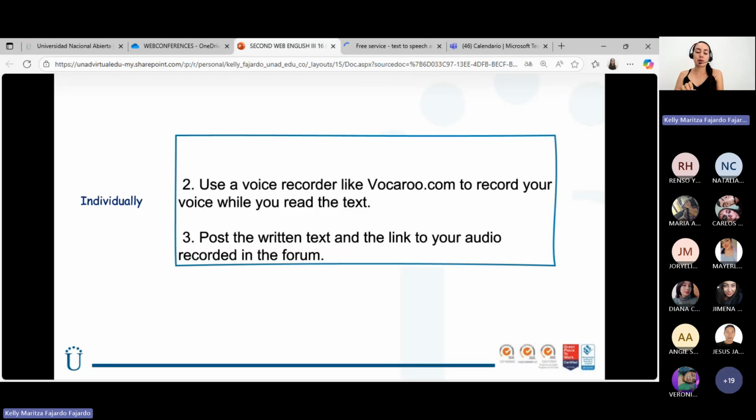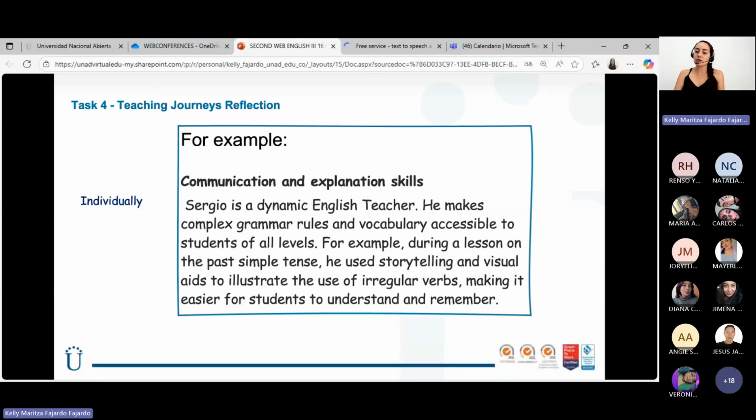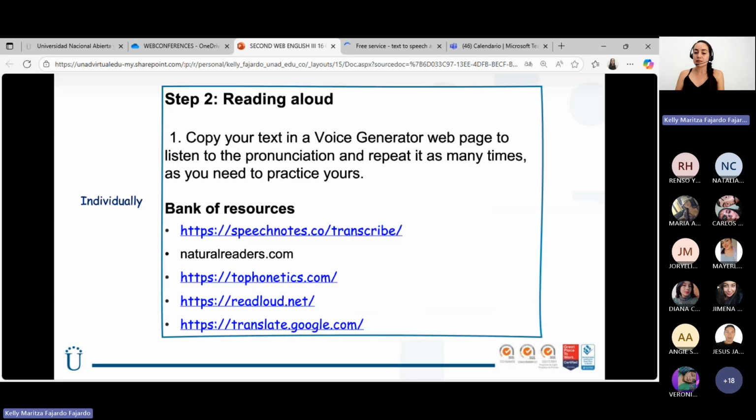And finally, post, of course, the test and the record of your voice in the forum. That's the individual part. En esta parte sí vamos a leer, porque lo que vamos a escuchar no es tanto una explicación, sino queremos escuchar su pronunciación. Por eso es importante que usen alguna de las ayudas para que sepamos cómo vamos a pronunciar ese texto que nosotros escribimos. ¿Ok? So you can use,